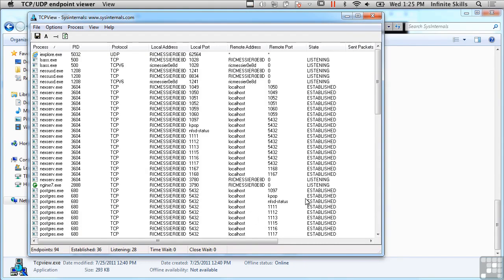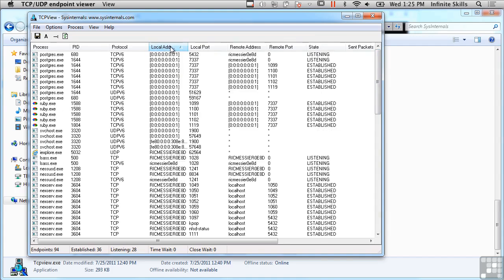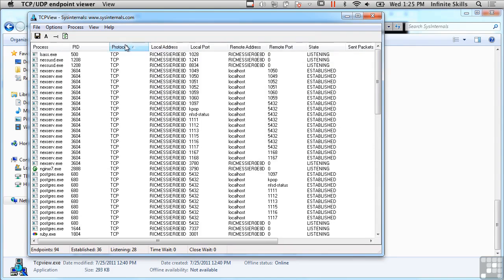And you can see here there are a number of communications that are open. And honestly, this is more or less like netstat, which is a command line utility, and netstat exists in both Windows and Linux. So this is just like netstat. The difference is that this is graphical,